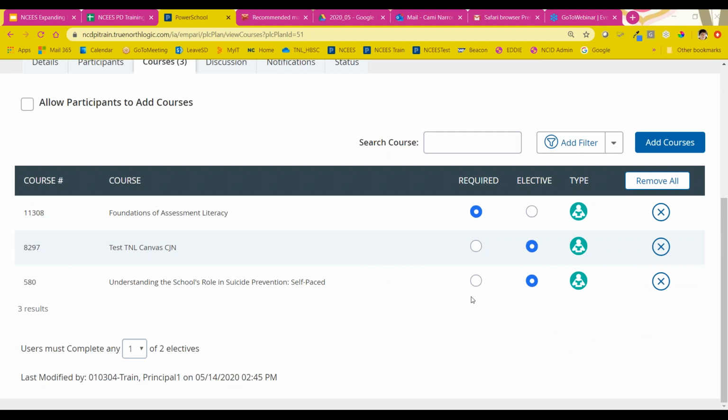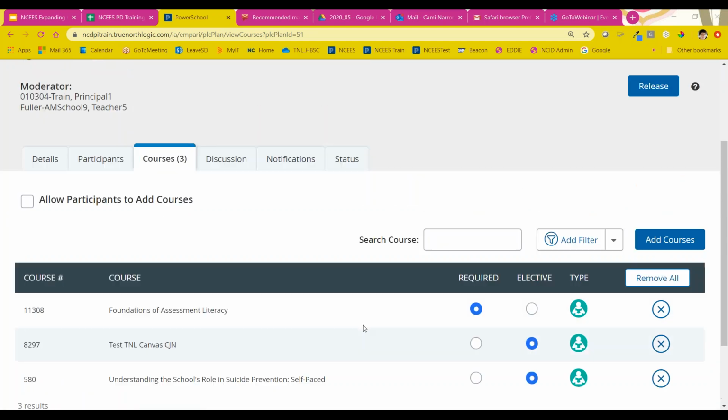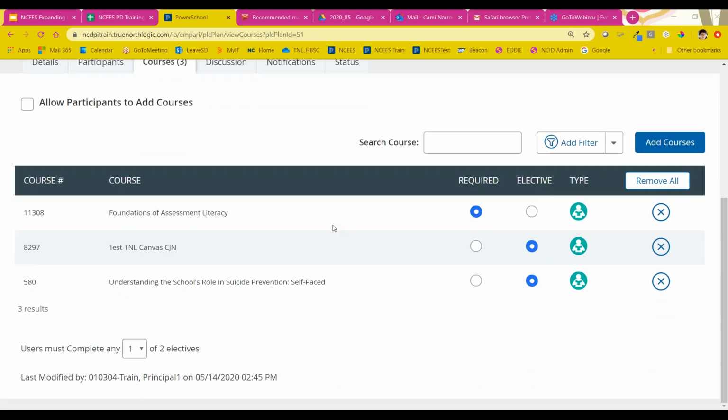All right. So then we're ready to go, I believe. All right. And then the other tabs out here, just to look at them before we go on,